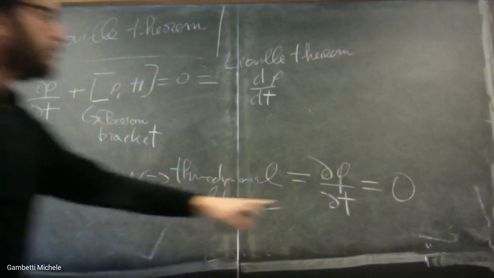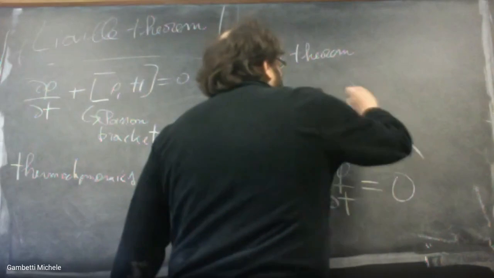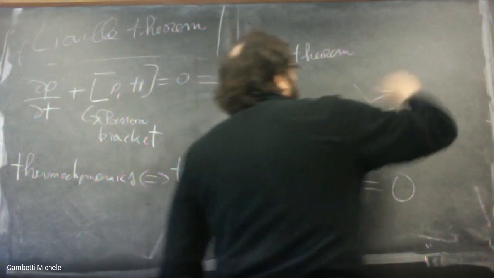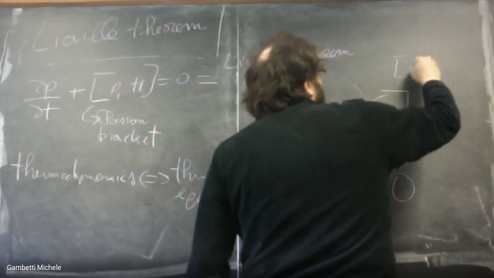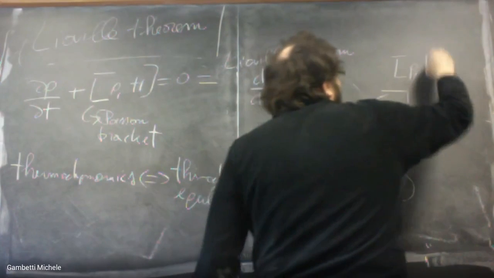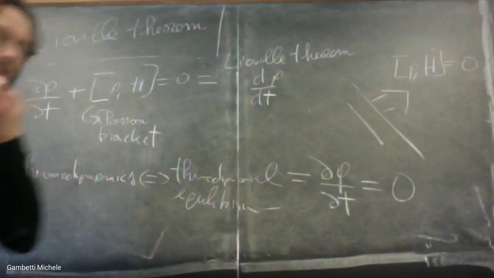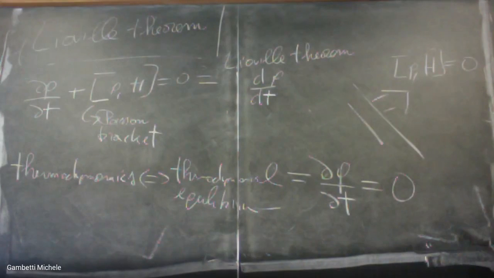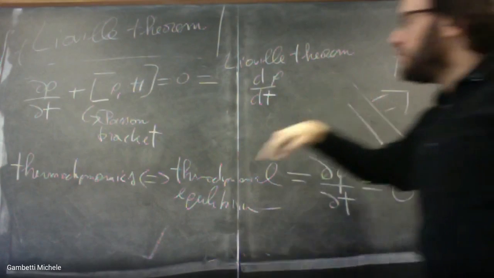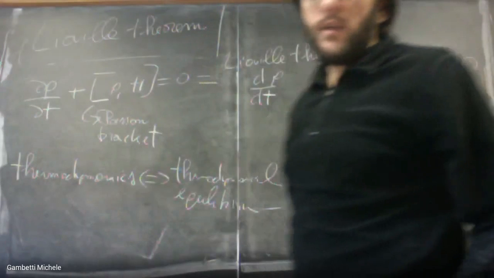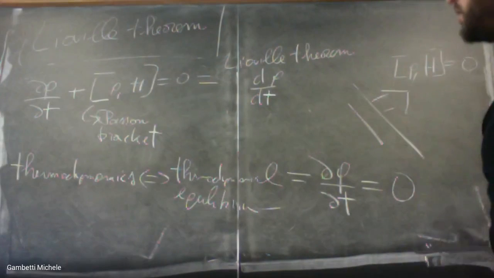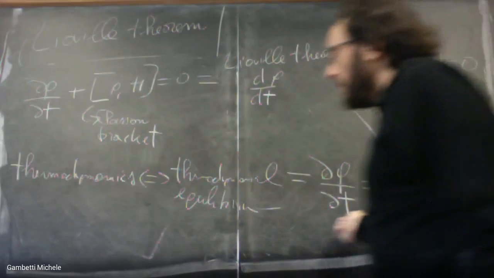And now if I use Liouville's equation, that means that I have a commutation, if you want, with respect to the Poisson bracket, of rho with H. Okay, so in the situation in which rho commutes with respect to the Poisson bracket with the Hamiltonian, which means that this is 0, then by using the Liouville theorem also the partial derivative of rho with respect to time is 0, and I will have my thermodynamics, because